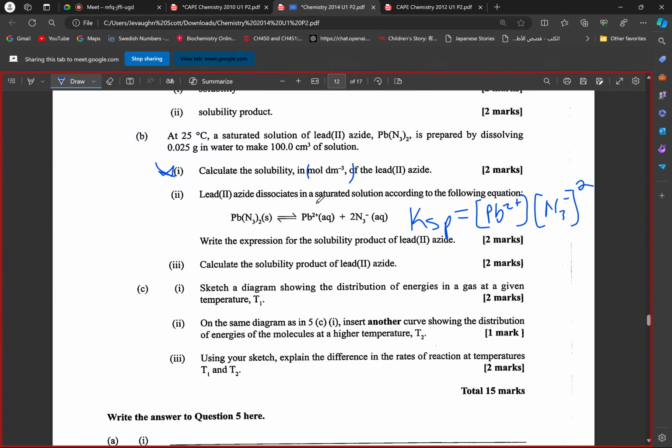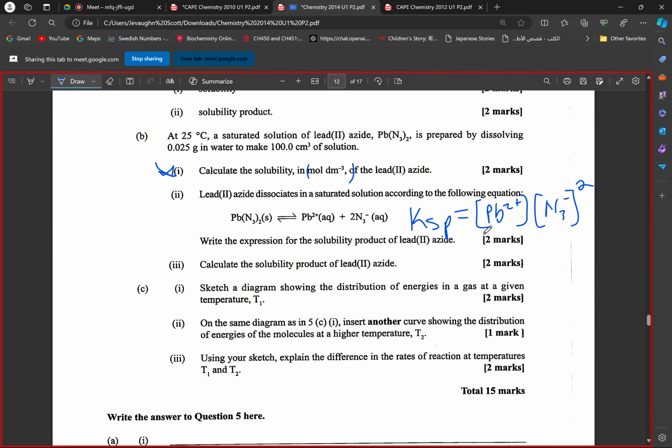We're going to have the concentration of our lead ions times the concentration of our azide ions squared. So what is the concentration we'll be using? We're going to be using the concentration that we just calculated, which is the 8.59 times 10 to the negative 5, right? Because that's how much lead ions